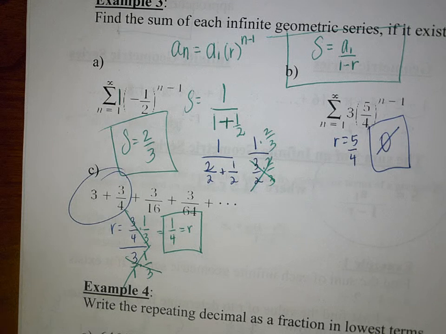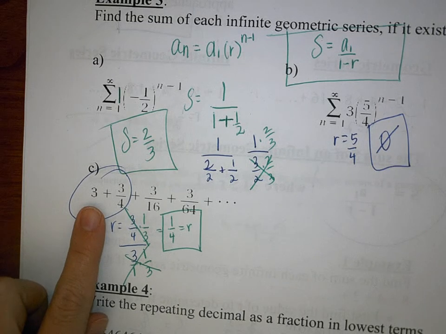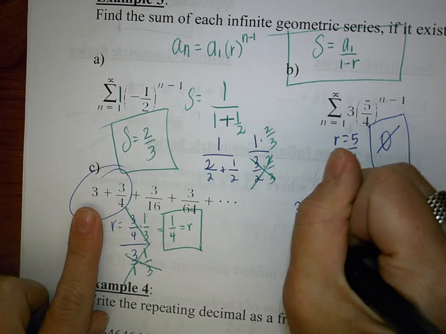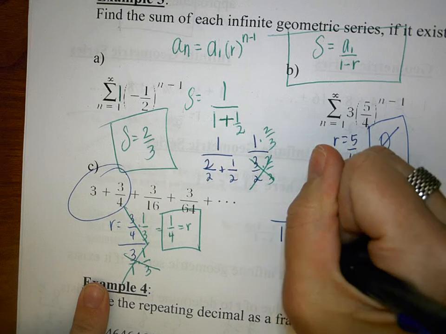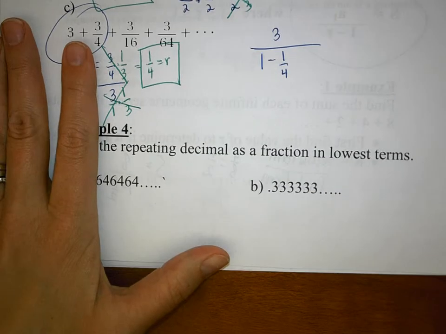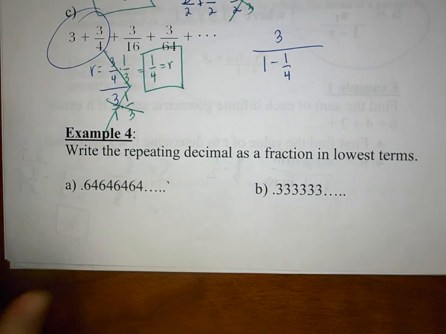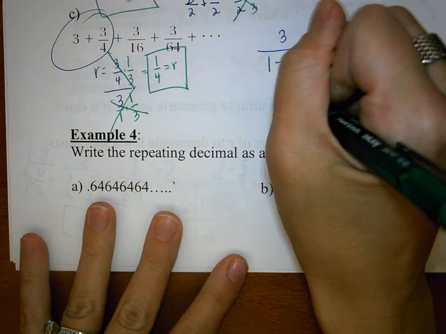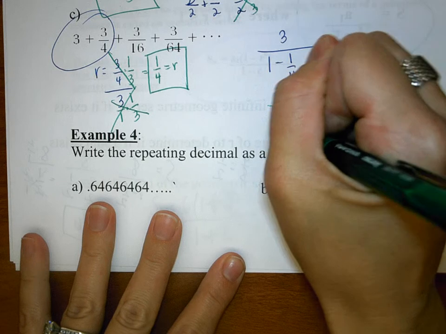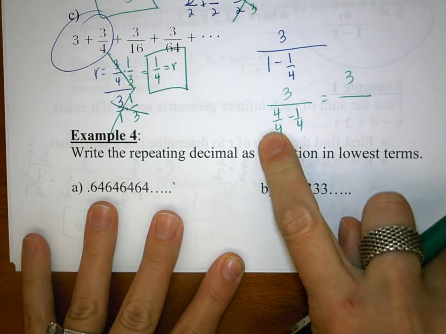Okay, if you didn't get 4, let's work through this real quick. So, what is the value of my first term? 3. Divided by 1 minus r, which is 1 minus 1/4. Okay? Now that we have that, we need a common denominator. What's going to be my common denominator? 4 over 4. So I'm going to have 3 over 4 over 4 minus 1/4. Okay? So then that becomes 4 minus 1, which is